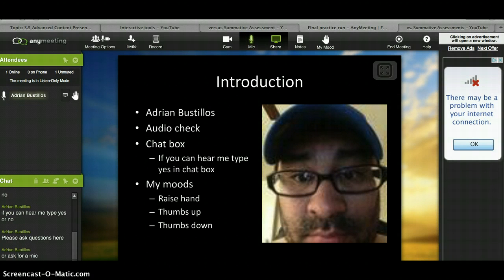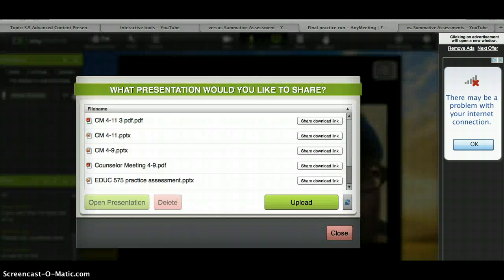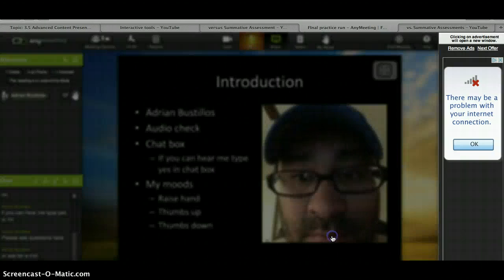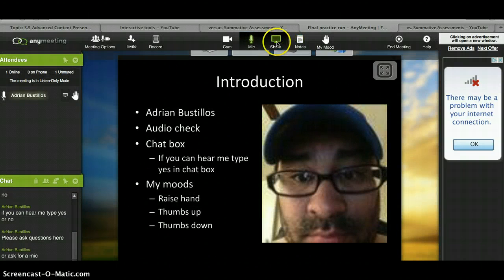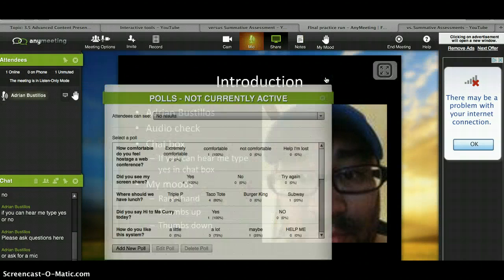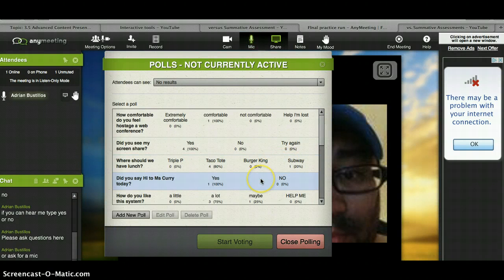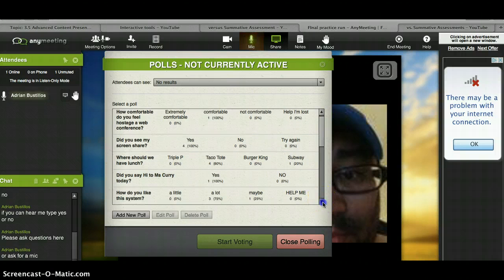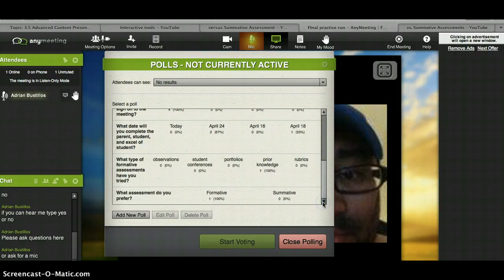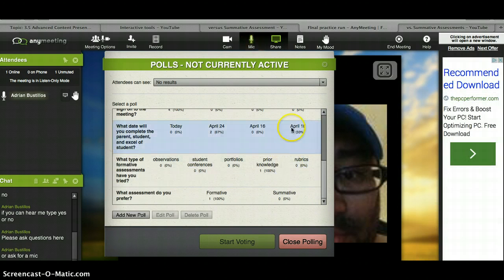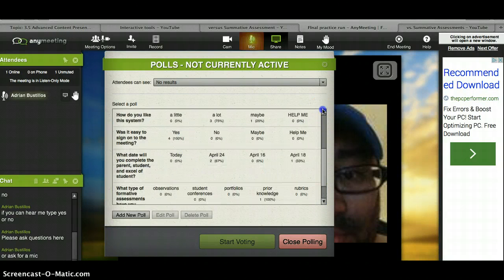Okay, great. Now, before we go ahead and get started on the presentation today on formative assessments, I do want to share with you one poll. It's just a simple poll here, just to see how we're able to get into the system. Okay, let me throw this up for you. One second.